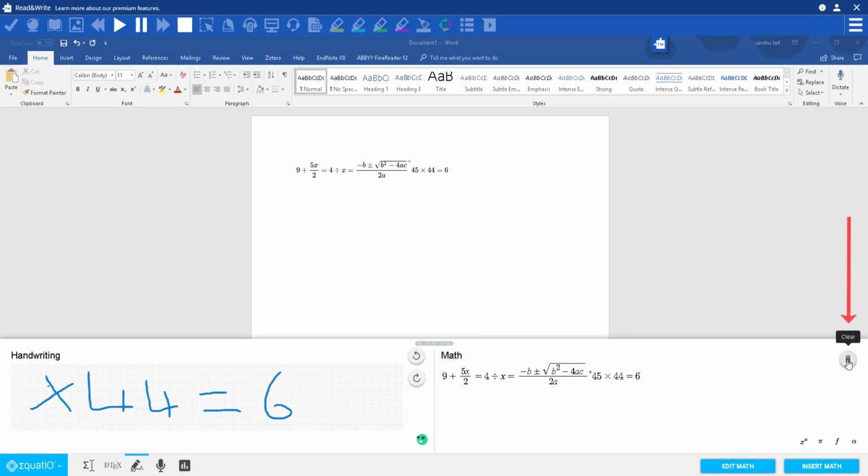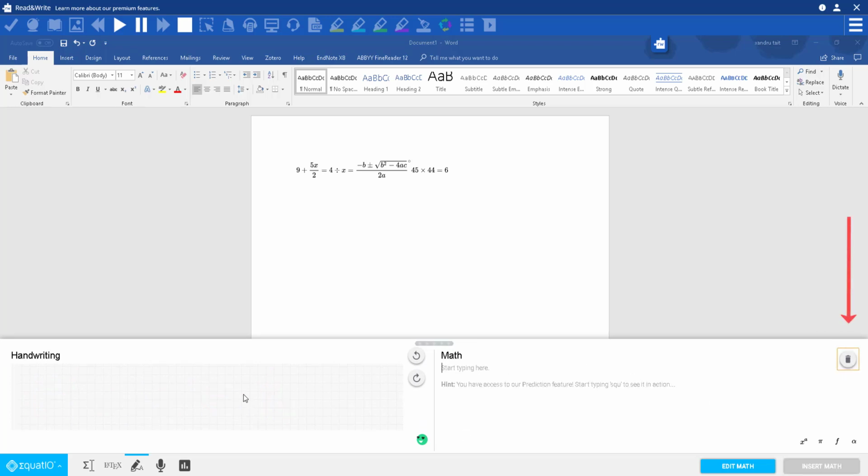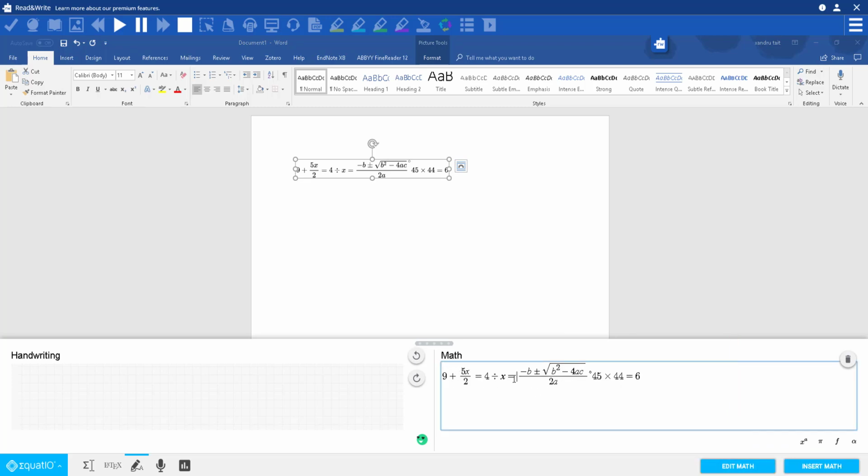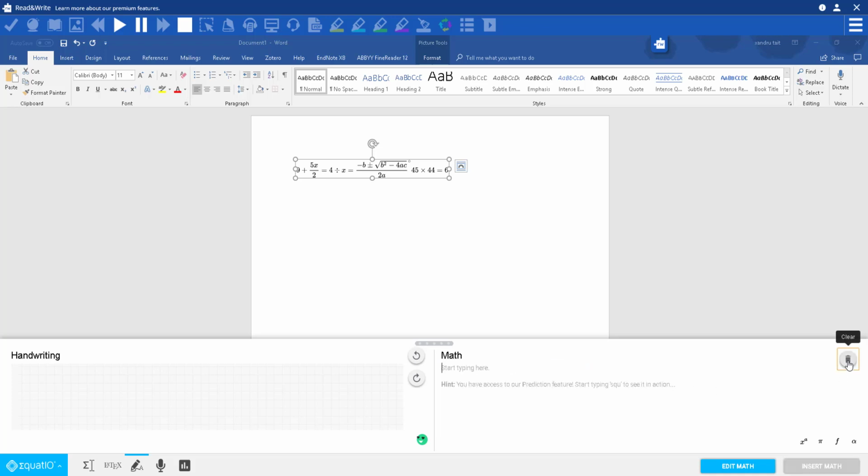So I'm going to get rid of that with the trash button. So clear. So I've got rid of everything. You don't lose the equation, it's still there at the top there. In fact, if I click back on it again and select edit, it'll put it back into my EquatIO and I can carry on working with it again, which is another great option. So once you've created one, you can open up Word again and start working off those equations